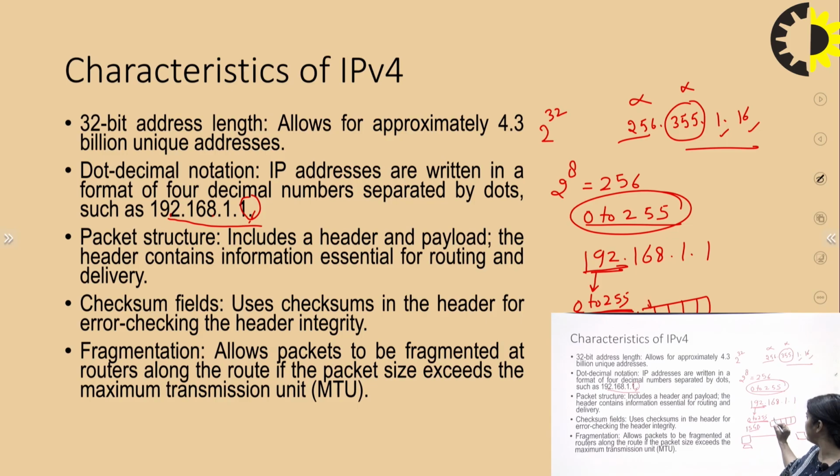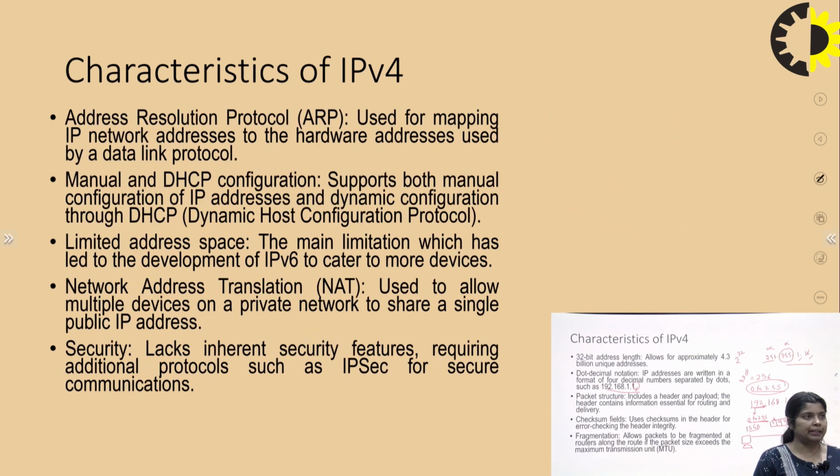This complete 15 GB is fragmented, and these fragments will be transmitted to the destination. It may be possible that the packets reach the destination via different paths, but when they arrive at the destination, they are assembled and the complete file can be seen at the receiver end. This is the concept of fragmentation.